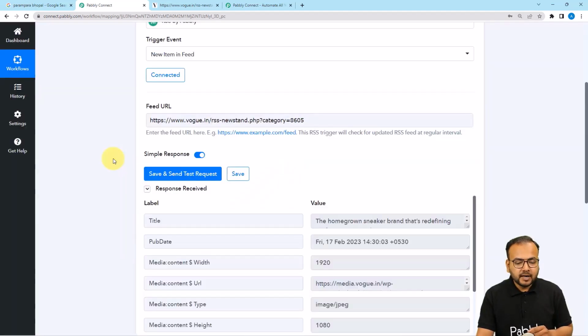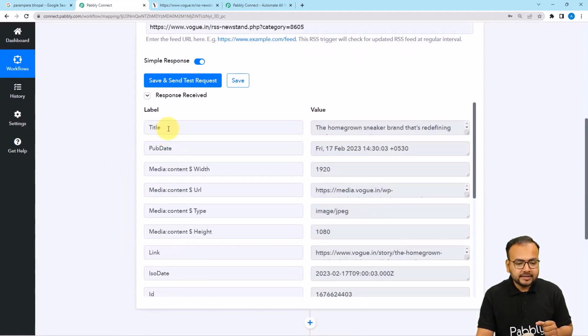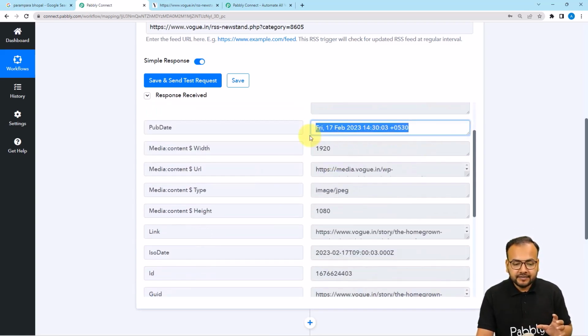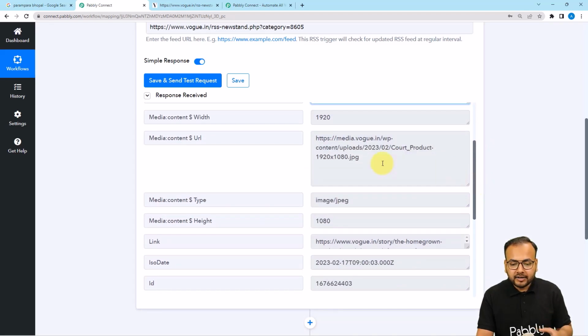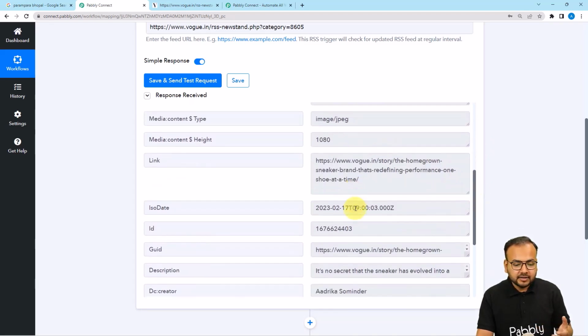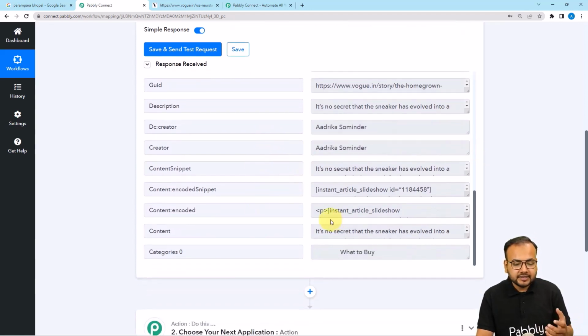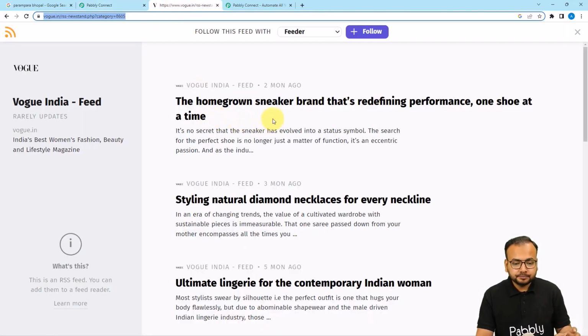All right, and here we got this data. In this response we have received a title, and the title is: the homegrown sneaker brand that's redefining performance one shoe at a time. This is the title we have received. This is the publication date we have received. Here is the media content, the link, some description and the creator's details. Everything is here. Let's see the website, and on the website you can see the latest feed is: the homegrown sneaker brand that's redefining performance,